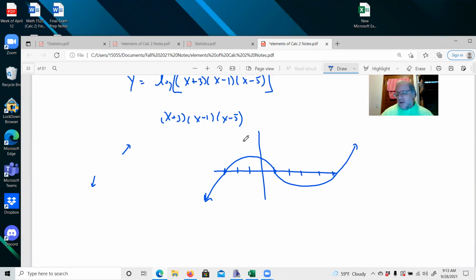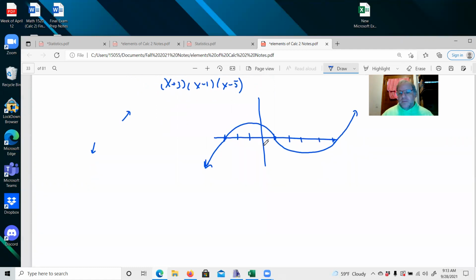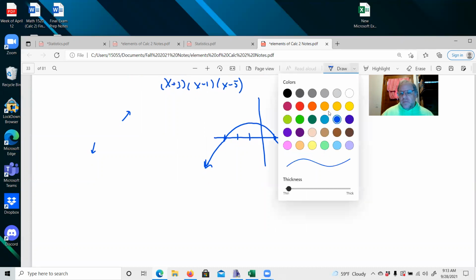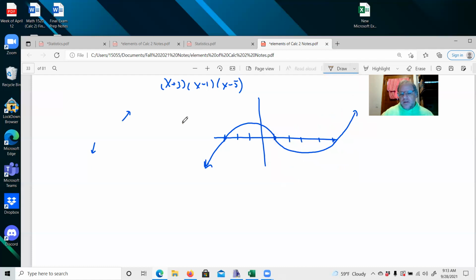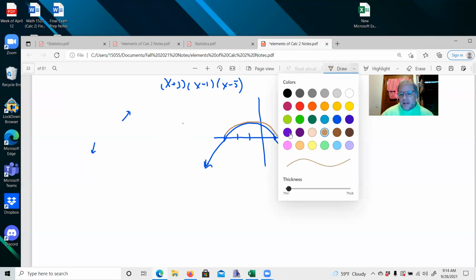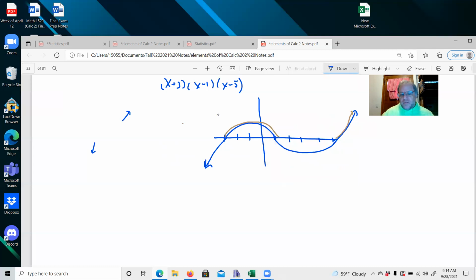So when we want to figure out the domain, where is this thing positive? Well, it's positive here, and it's positive here. That's my domain. So how do we write that down? The domain of this logarithm is going to be